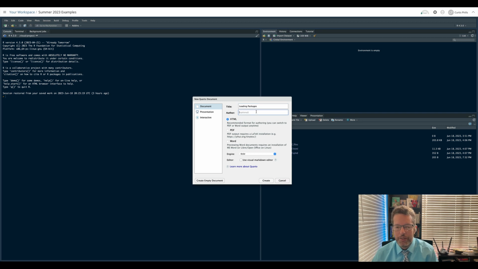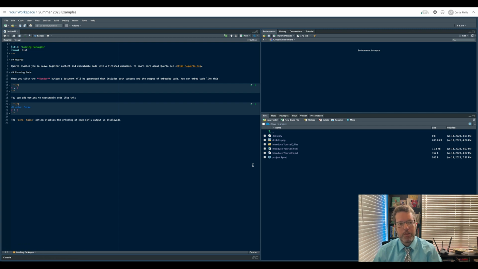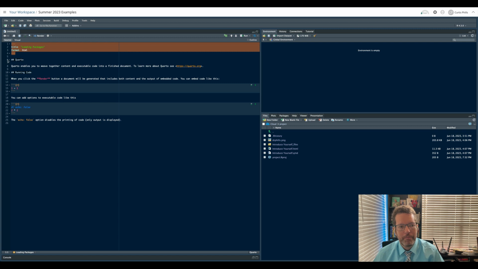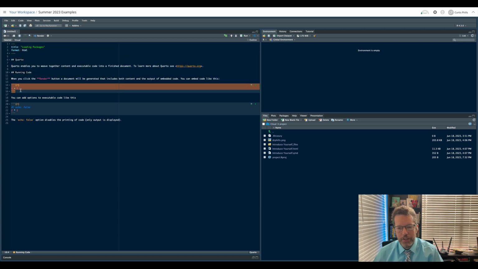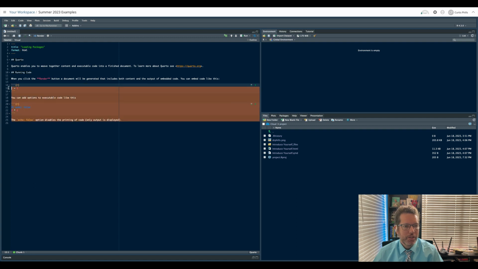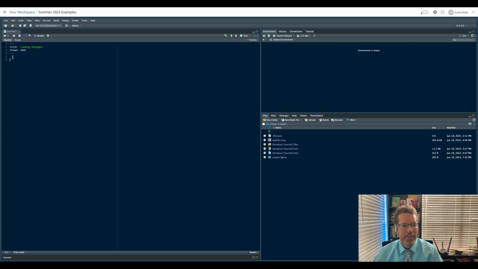And we'll leave the author name empty. And finally, we will just create that. And we get the familiar template: a Quarto document with the metadata at the top, and then regular text and code interspersed throughout the rest. Now we're going to start off by deleting everything from line 6 down. So all we have is the metadata, and we're going to start making our own